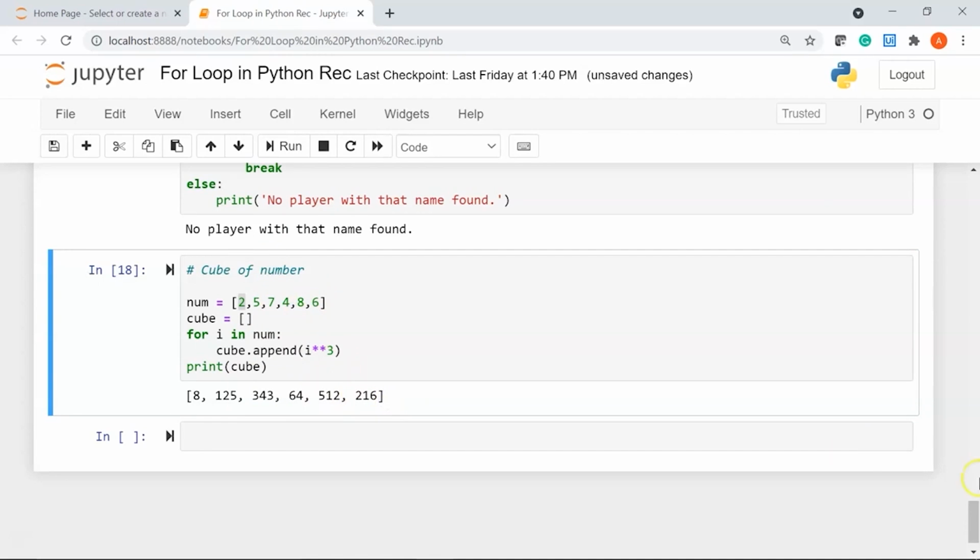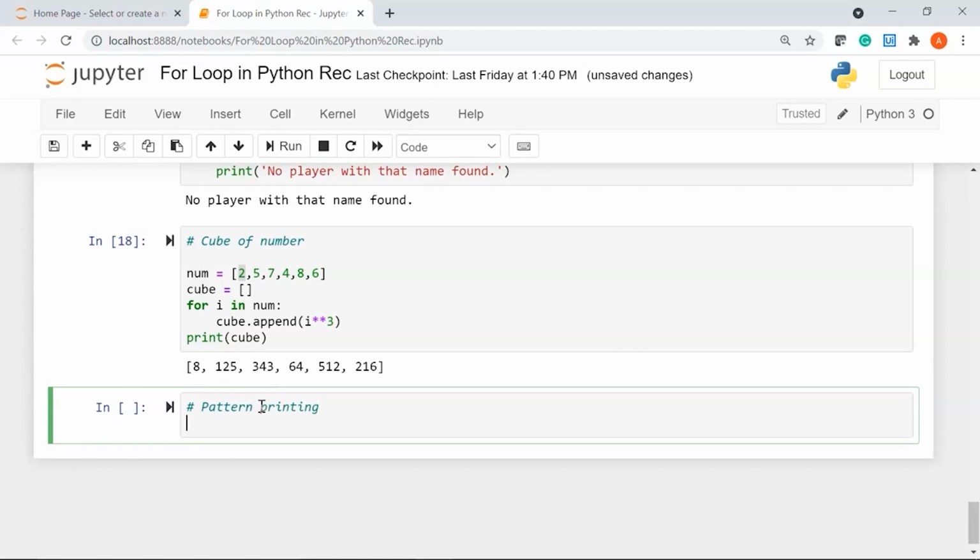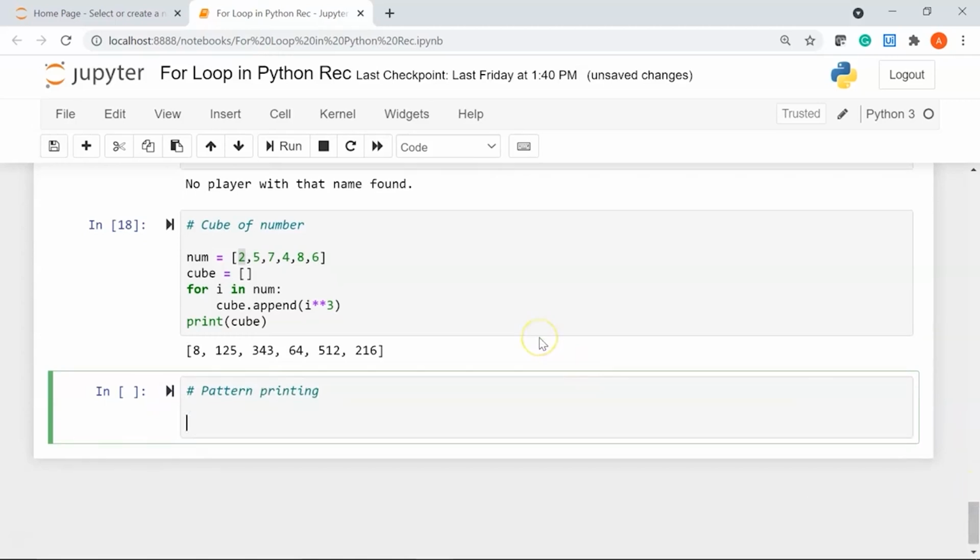Alright, now coming to the last example in the demo section of this for loops in Python video, we'll write a program to print a pattern. I'll say pattern printing. So we are going to print a right angle triangle.